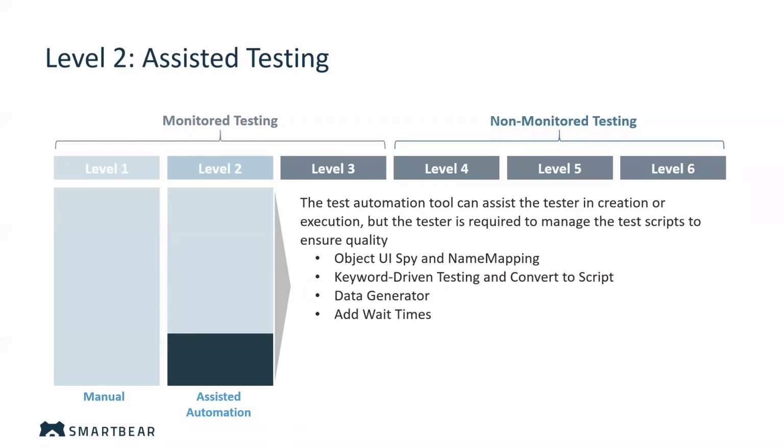Level 2, so assisted testing. So all of you manual testers out there today, this is probably the next level where you're going to start investigating into. So this is where you'll start looking at an automation tool, and there are lots of test automation tools out there. Obviously, we have the TestComplete tool that I'm going to run through today, but there's a tool out there for everyone, depending on your need, depending on the application you're trying to test, whether it's web, desktop, or mobile, depending on the framework, the language. Again, there's a lot out there, and it can be